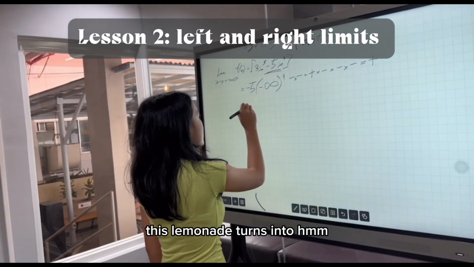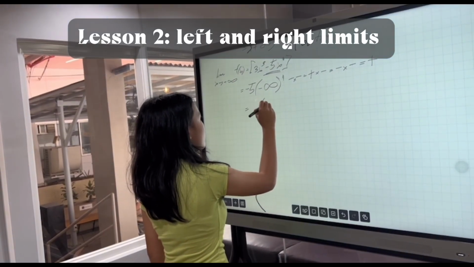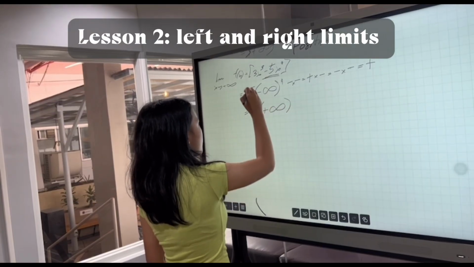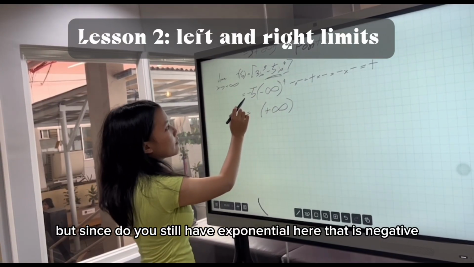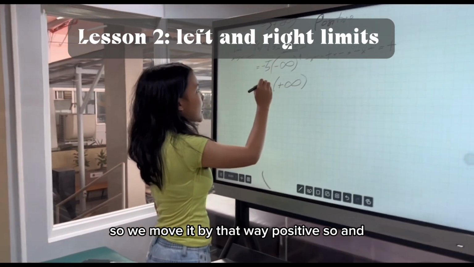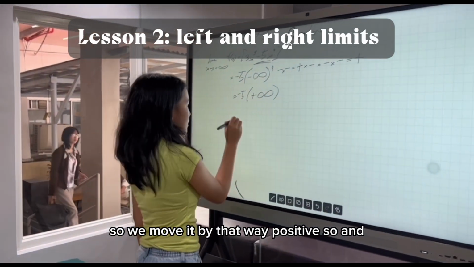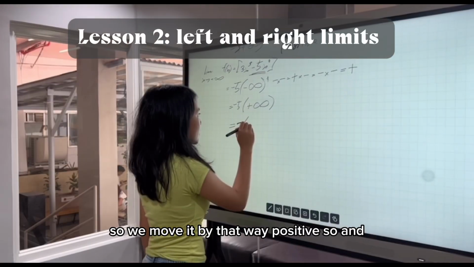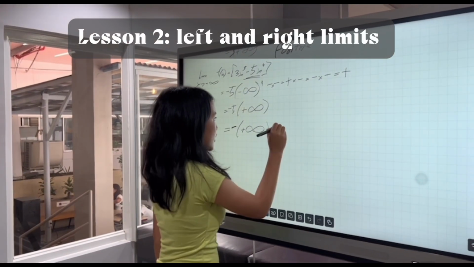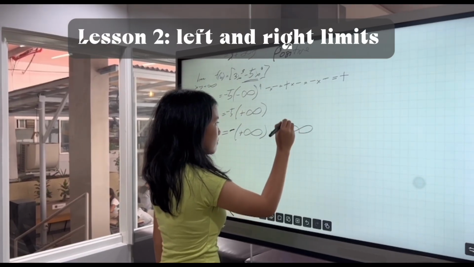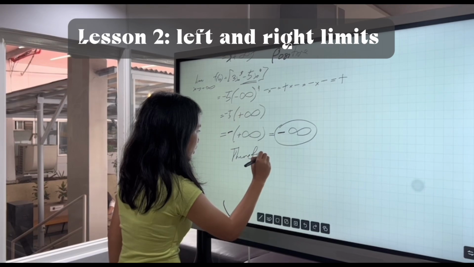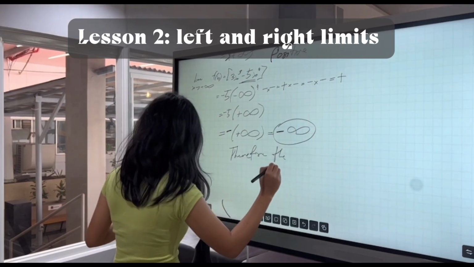This negative turns into positive. But since we still have a negative here, we multiply that with positive. So times positive 18 equals negative 18. Therefore,